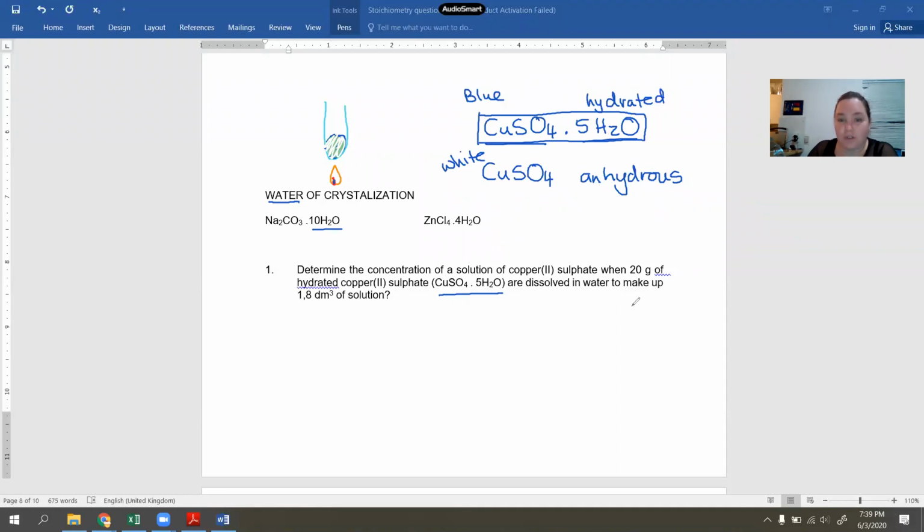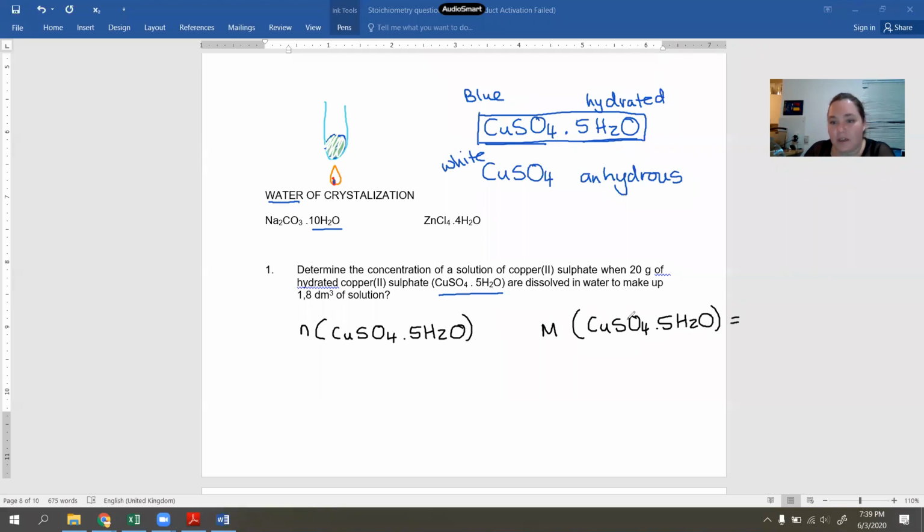So what we would do here to solve this, and this isn't going to be one where I abandon you and say, good luck, do it on your own. I'm going to quickly run through how to do it. So the first thing that I need to do is I need to work out how many moles I have of copper sulfate. Okay, and it's copper sulfate with the waters of crystallization in it. So the molar mass of copper sulfate